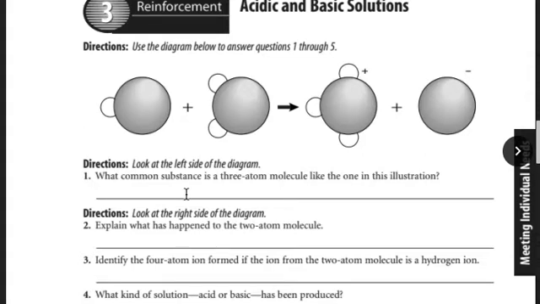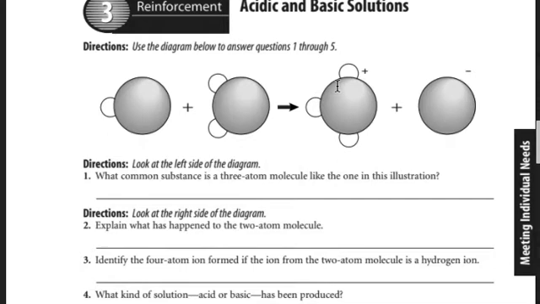Number 1, what common substance is a 3-atom molecule like the one in this illustration? In this case, the 3-atom molecule we're referring to is water. You've got two hydrogen atoms and an oxygen atom, and it's changing to form H3O positive. If you remember what H3O positive is from our description on the different types of ions that form from acids